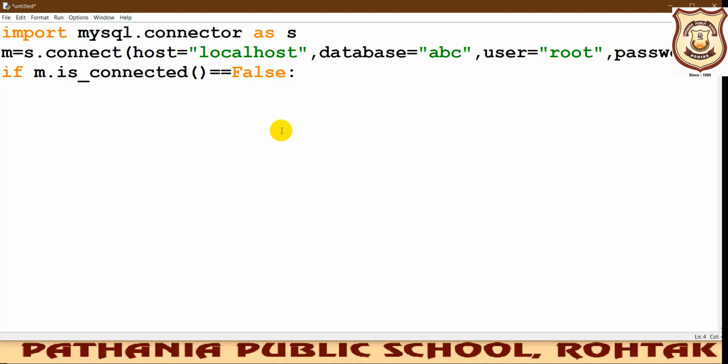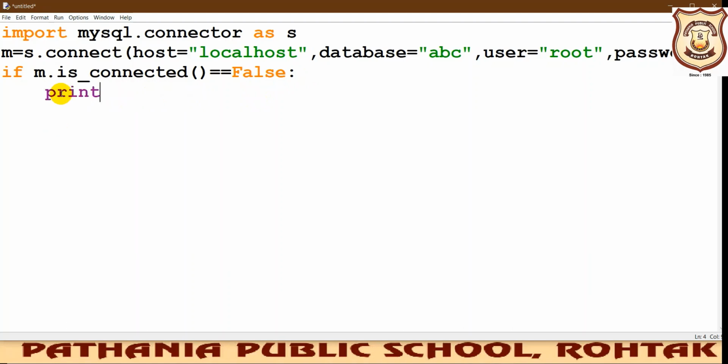Okay, so if M contains 0, so M dot is_connected, False is always given the value 0. So if it is not connected, it will return 0. 0 is equal to 0. That means the connection has not been established. So what should be printed?